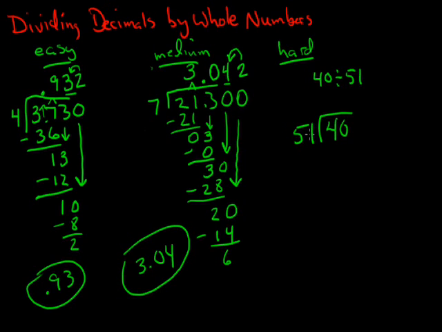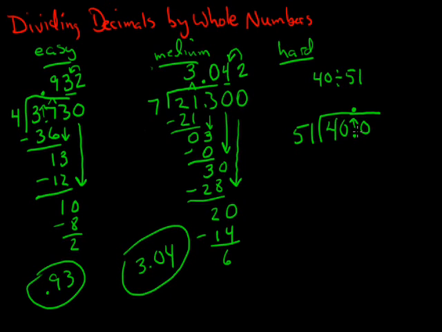But you might say, well, I can't divide 51 into 40. Sure you can. You can divide any number into any number, because we can just turn our 40 into a decimal by turning it into a 40.0. That equals 40, doesn't it? So let's now follow the same rules. Pop up our decimal. 51 can't go into 4, can't go into 40, but it can go into 400